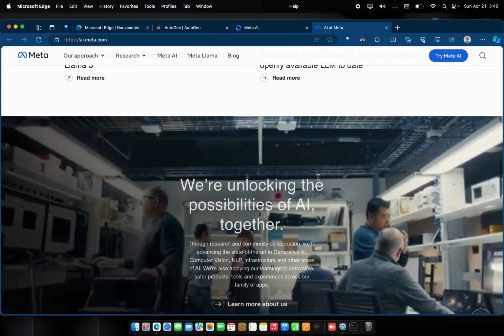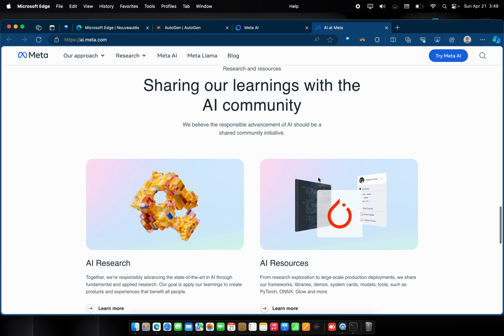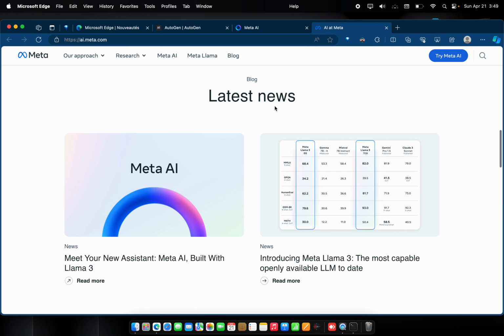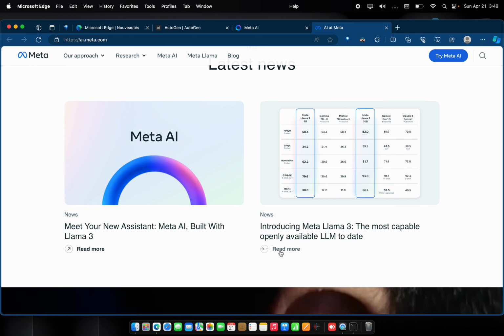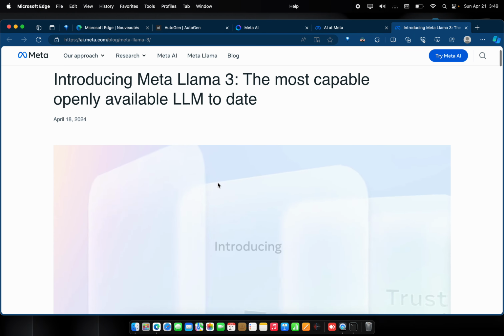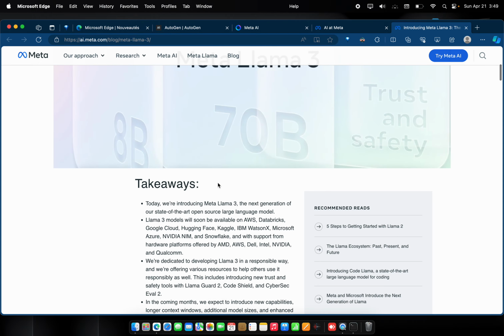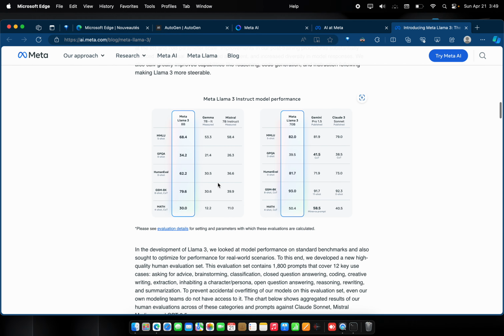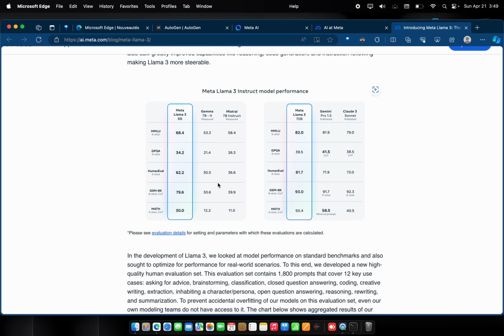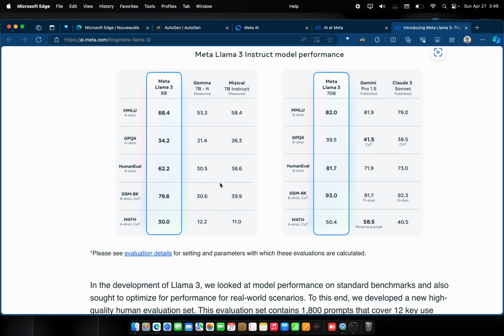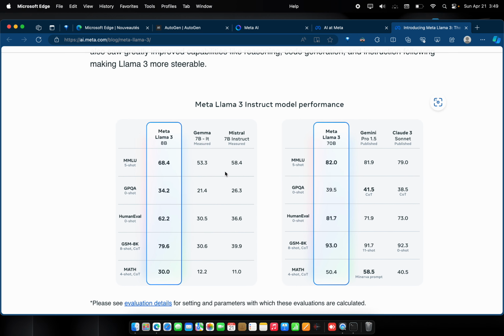You can see here on the blog. I'm going to zoom so that you can see the new Meta Llama3 model performs really great, even compared to